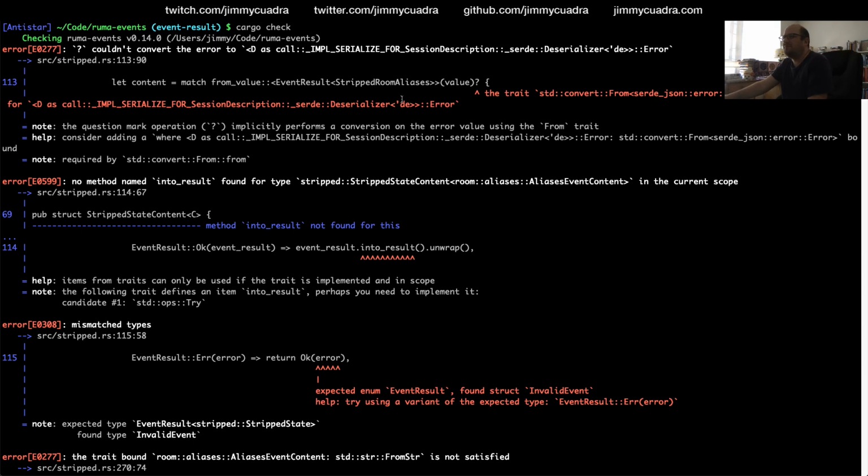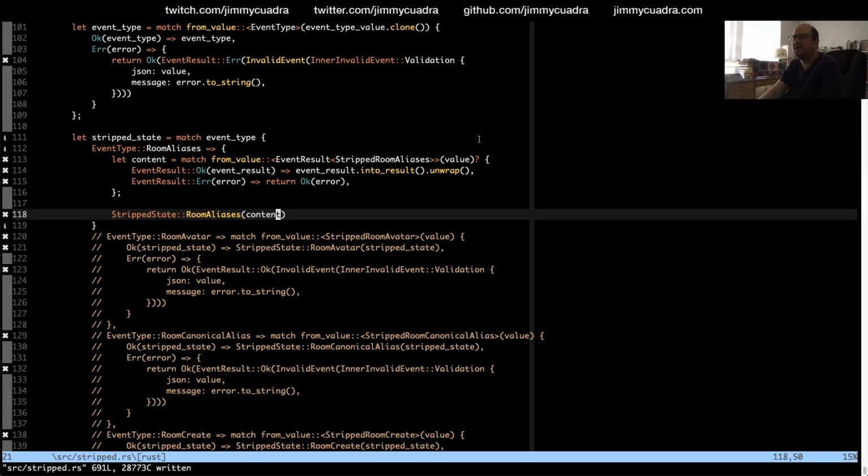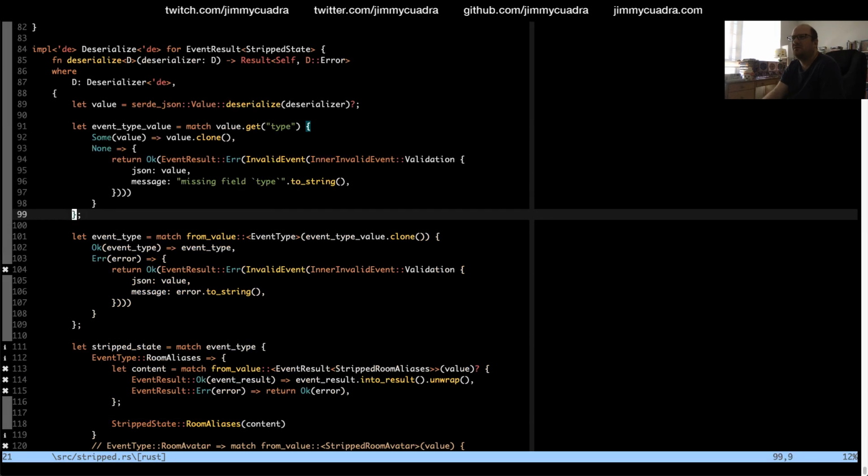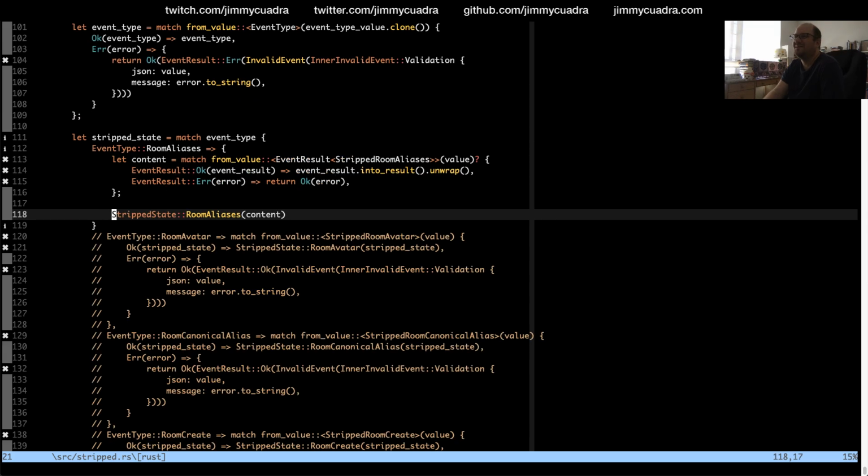How is that possible? Serialization error doesn't... From Serialization error to serde deserialize error. What? What is the error type here? Isn't... Yeah, it should be the deserializer's error type. What? That makes no sense.